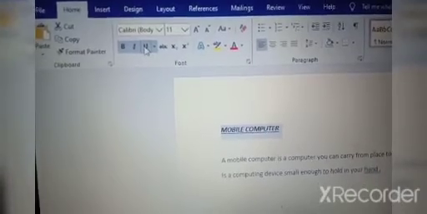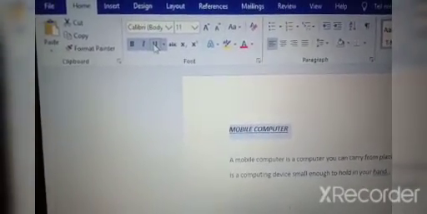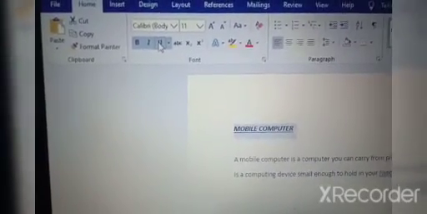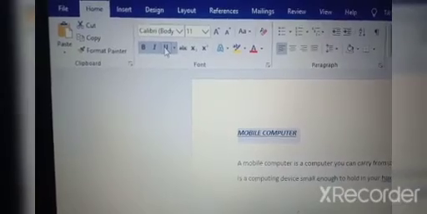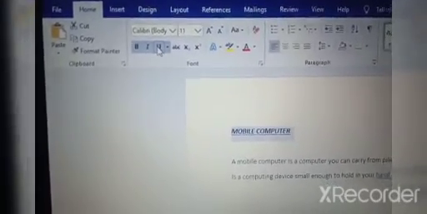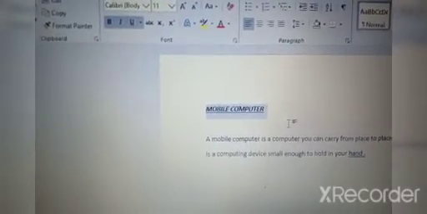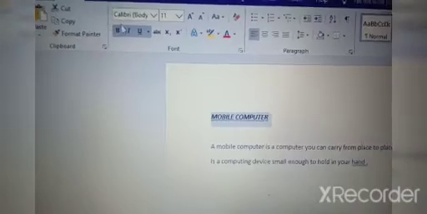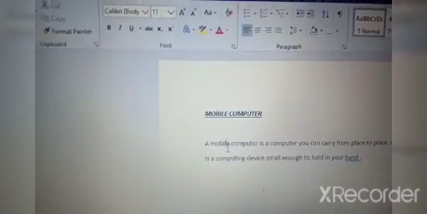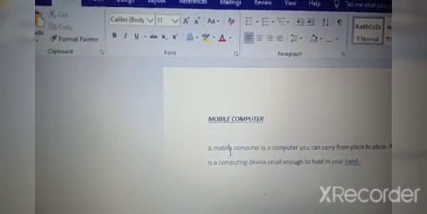Children, so these are the options to change your text. This way you can make your text bold, italic and underline to emphasize the information in your document. You can highlight it like this. These are three formatting ways. Children, understood? So what we have learned today, we will see now.